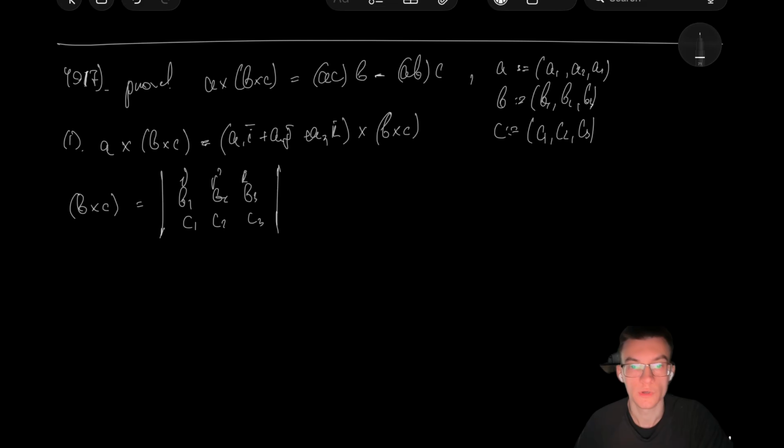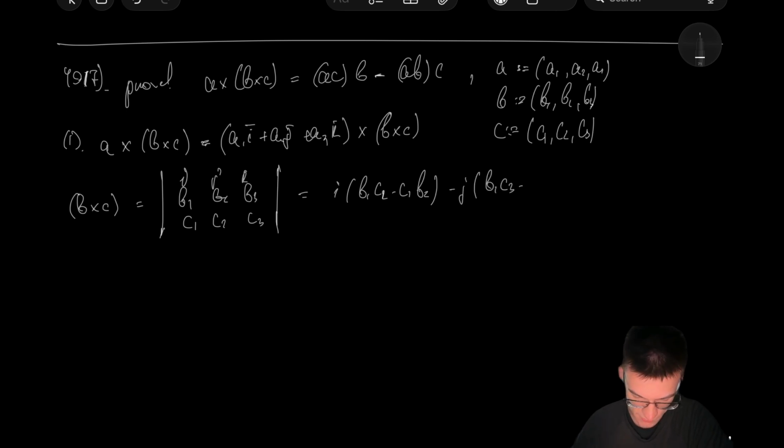And so this can be rewritten as essentially the vector i (B2 C3 minus C2 B3), minus j (B1 C3 minus C1 B3), plus k (B1 C2 minus